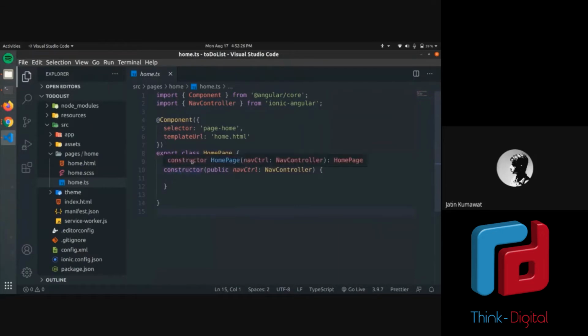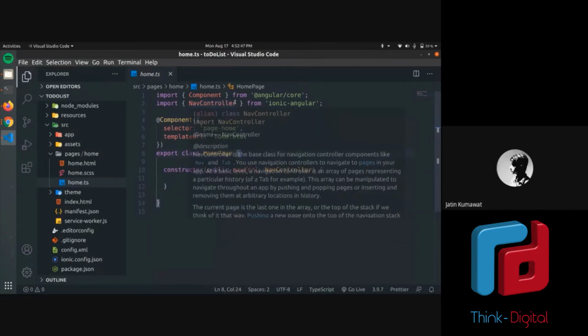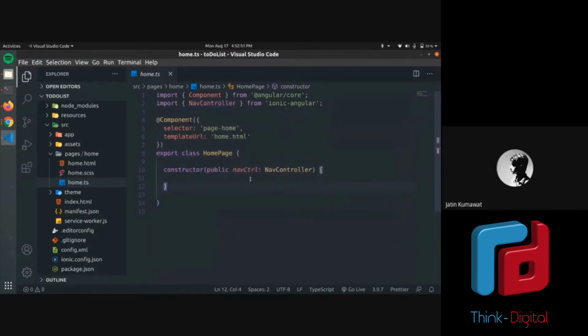Then constructor, this is a class. I'm assuming since all of you are in second year now, I hope you all know what a constructor is by now. So this is the same constructor where we have declared the variable, its scope, and this variable is now bound with this NavController. So whatever functionality this NavController module has will be used from this variable. Then if you want to initialize something every time you open this page or come back to this page, then you can write it here.